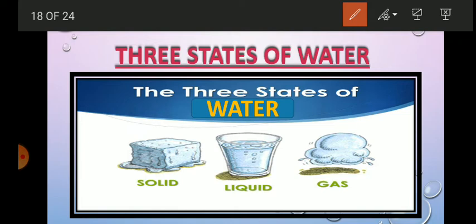The liquid form is the water that we drink, and the third form is gas, or the steam or the water vapors. So we came to know about the 3 states of water, and children, we are very fortunate that water, which is available all around, exists in all the 3 states, depending on the climatic conditions. Got it?